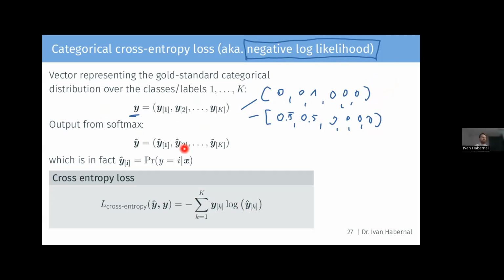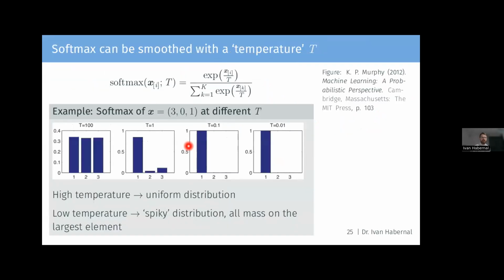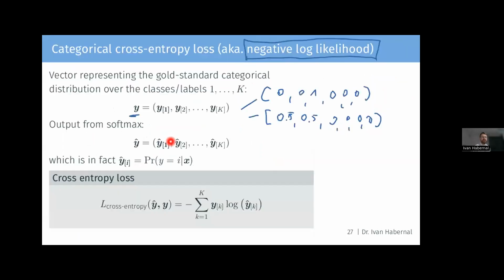And the output of softmax, as we just saw, will be something like this. So maybe this would be the output of the softmax, some distribution which sums up to 1. What we are trying to do is make the difference between these two distributions as small as possible. This is a probability distribution, very spiky here. This is a probability distribution, and we want to make the difference as small as possible. Why? Because we want the model to predict what is in the gold standard data. How to do that? We're using this negative log likelihood, or cross-entropy loss,